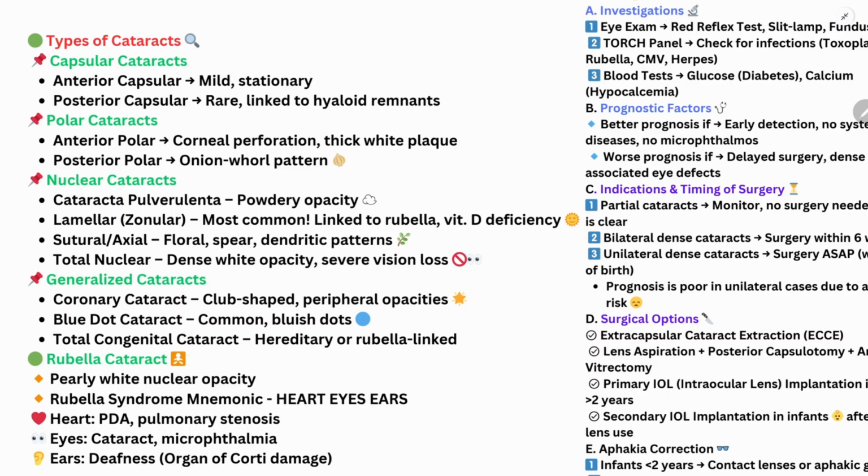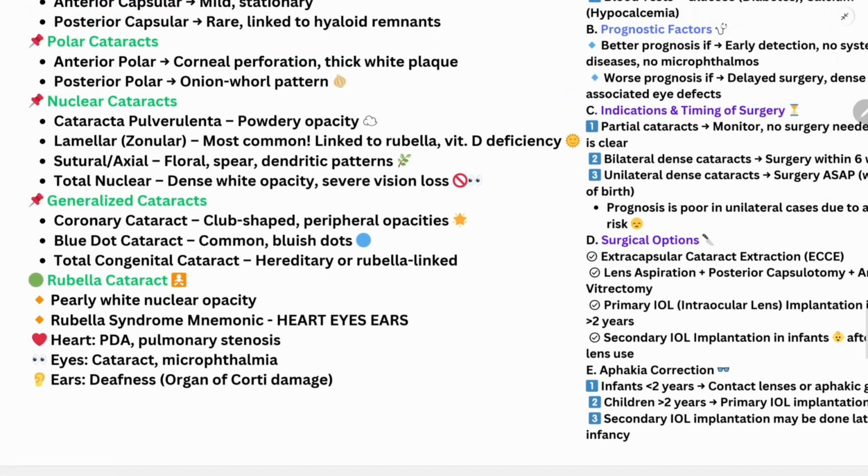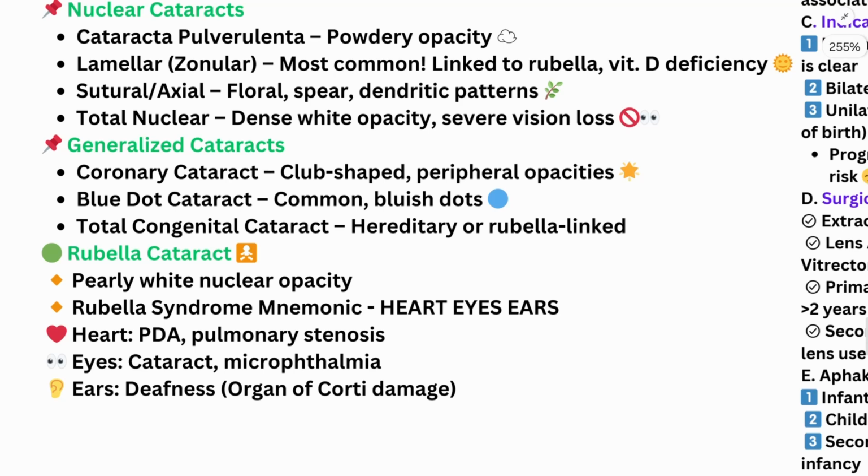Okay. So one of the dangerous and most important things that you must remember in this topic is rubella cataract, which is caused by rubella. Here you will see pearly white nuclear opacity. For example, if this is the lens, the central part is called the nucleus. In the nucleus, you will see pearly white nuclear opacity, and it is linked with rubella syndrome, mnemonic: heart, eyes,